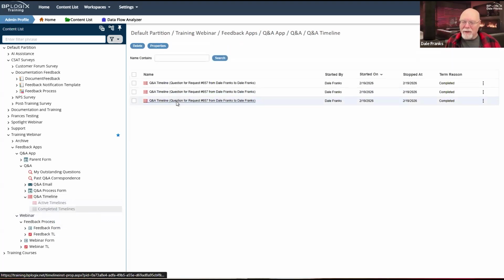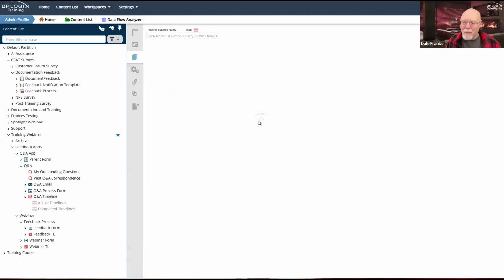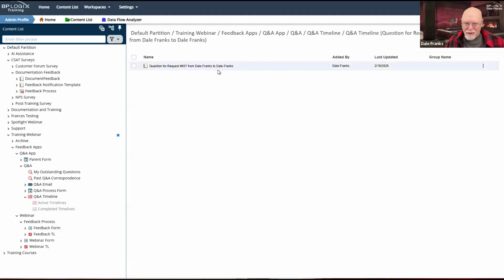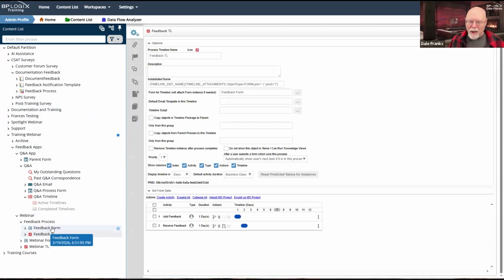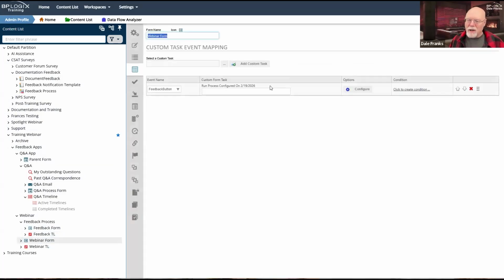Let's go to completed timelines here. So if I go to timeline items, now in this case, I'm not passing the parent form down and back. I just have the link there. So the only thing that's associated with it is the question form here. But on the parent, if everything was linked up, what I should see is both the parent and the child timeline. I could probably look through here and find you an example that shows you that, but I'm not going to waste your time hunting around through there. But just keep in mind that those copies of the parent and the child do get passed around. So you have to consider how you want this to work.